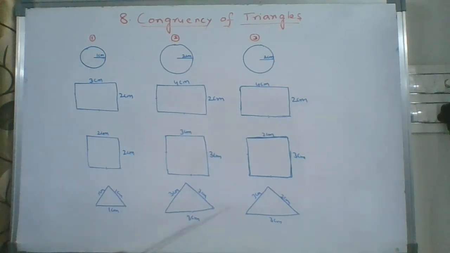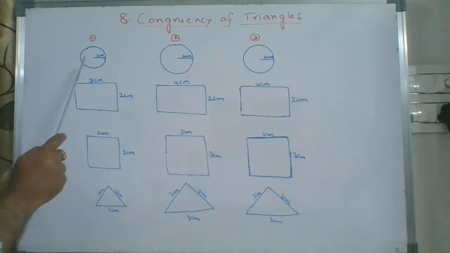And in these three triangles, all the sides are equal. See, this is the triangle with each side equal to 1 centimeter. It is an equilateral triangle, right? And this is also an equilateral triangle because all sides are equal. Here also all sides are equal. And see these